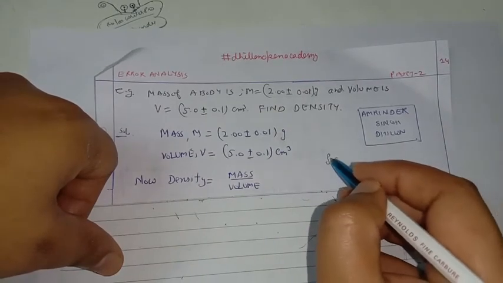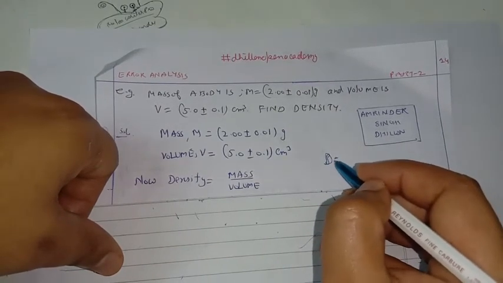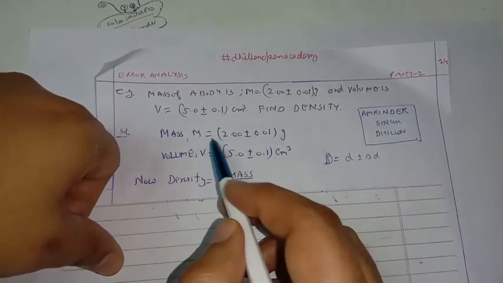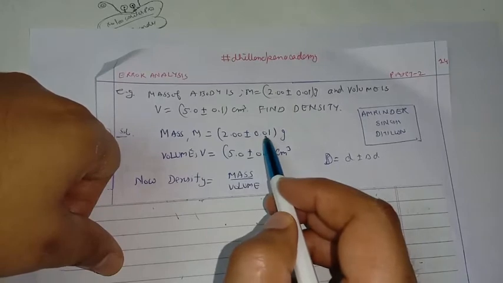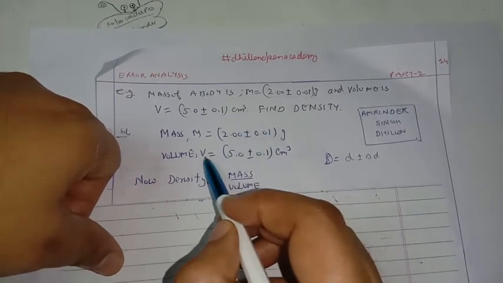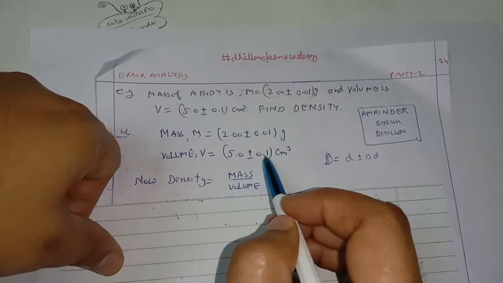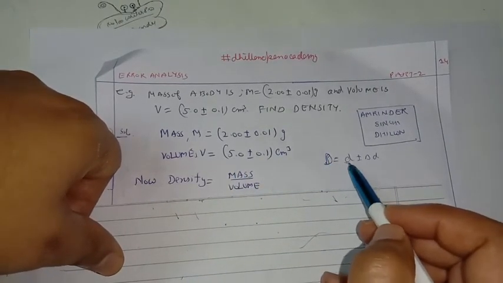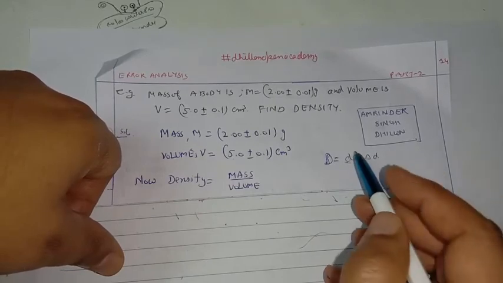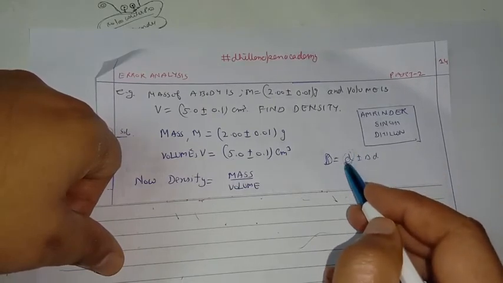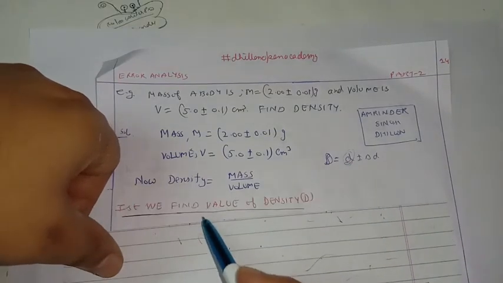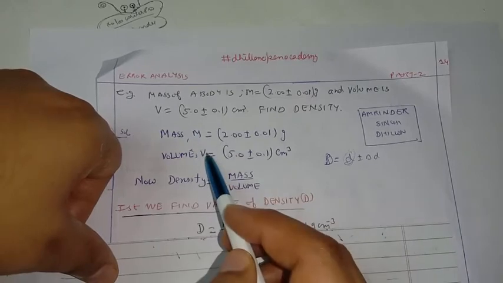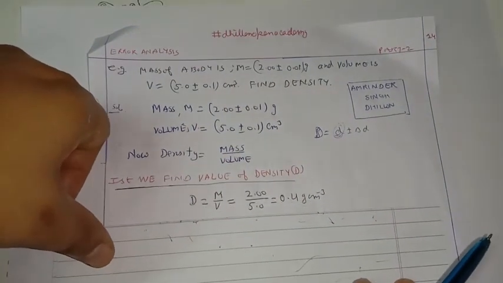rho, it will be density d, so suppose it will be written as d plus minus delta d. Just like mass has the absolute part and the absolute error part, M plus minus delta M, and volume has the absolute and the absolute error part, V plus minus delta V, density will also have the real part and the absolute error part. So first step, we have to find out this absolute part. The absolute part will be determined by simply dividing the absolute values of mass and volume. This will be applicable in all the cases.